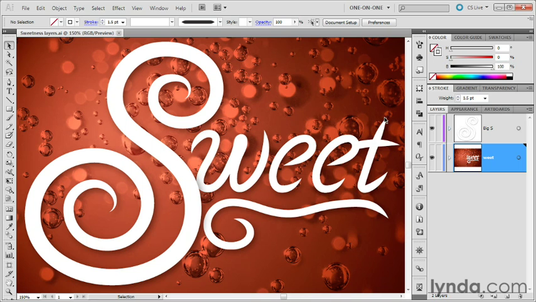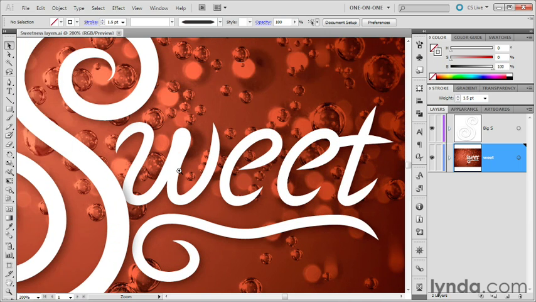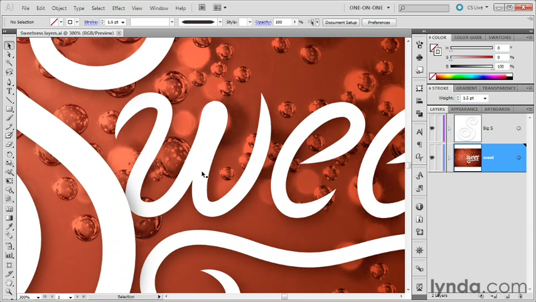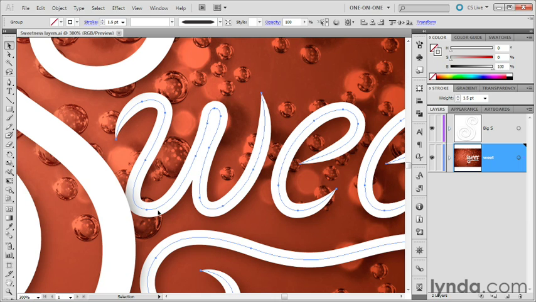I also hand drew the T and its cross, but the W and the two E's are based on existing letter forms associated with the font Garamond. And let me show you how I did that. I'll go ahead and zoom in on my text. Now notice, if I click on one of these path outlines, you can see that every one of them is